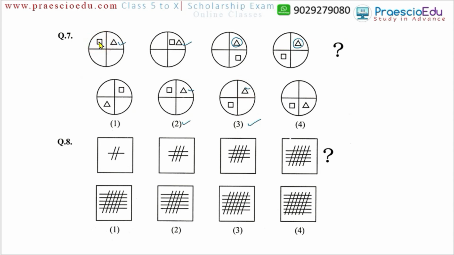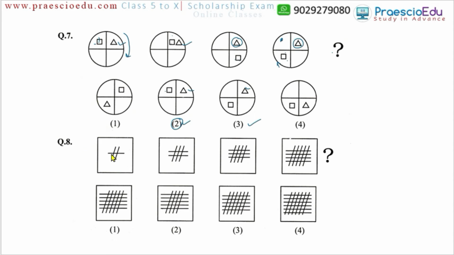Now here the square is in this quarter, that moves to the next quarter, again that moves to the next quarter, means moving in a clockwise direction. Now after this figure that moves to this left side bottom. So in the next, for the question mark replacing figure, that should be in this quarter. Okay, means option number 2 is perfectly matching with the series.